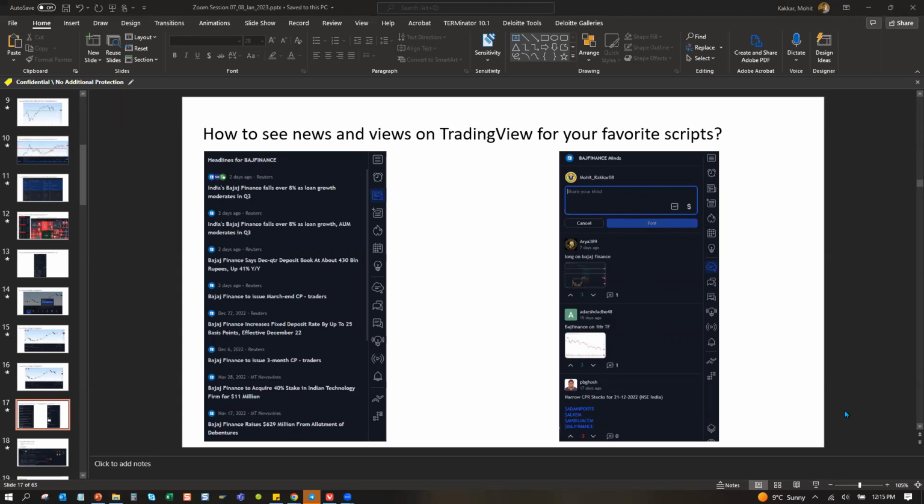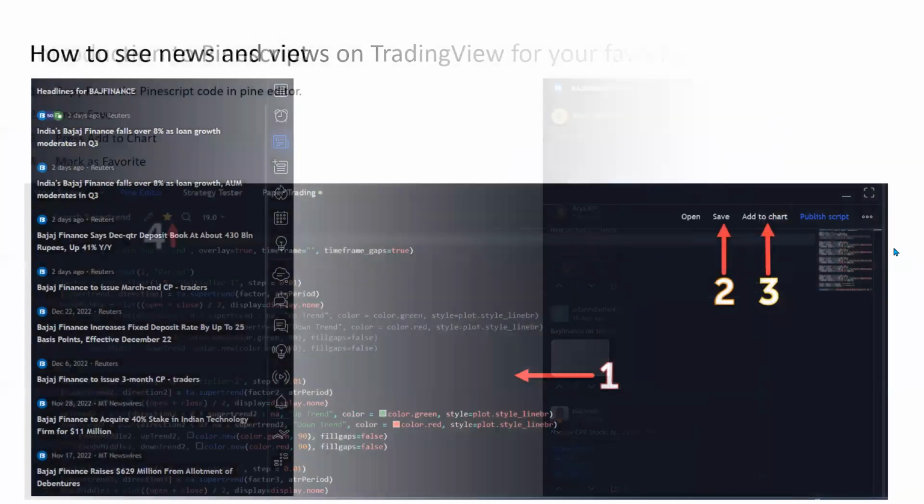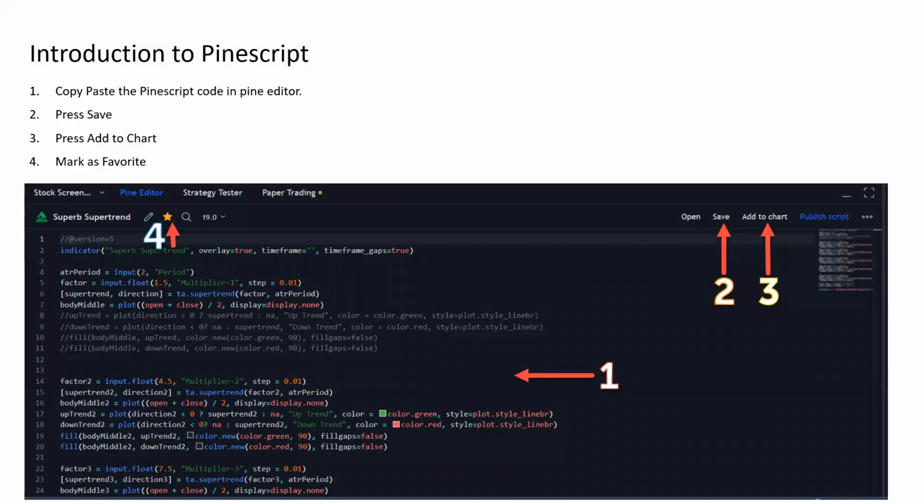Okay, now let's move on. Now comes a little bit of the coding part. Don't worry, this section is not to teach coding, because coding cannot be taught in a 3-hour session or a 6-hour session. It takes a very long time. There are so many concepts of coding. This slide talks about what to do if I or anyone else shares a particular code with you in a notepad or a Word document, then how do you use that code?